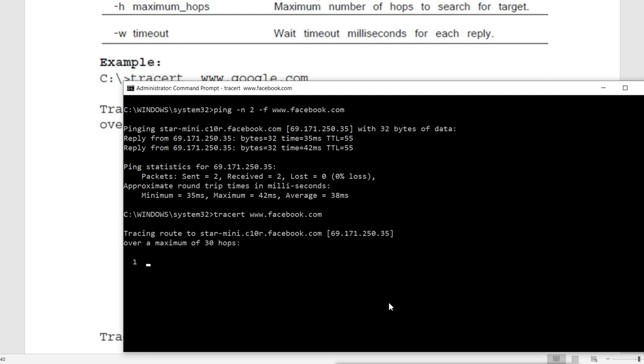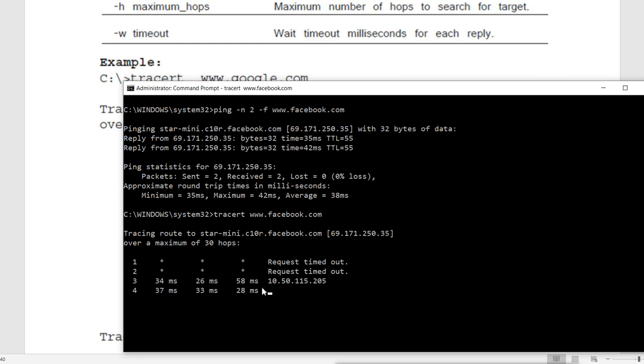So by default it sends 30 hops. It checks the 30 hops. Now see, it is trying to get the first hop. Now when we see these stars, that means it is not passing the router. That means it is not able to pass the router. Now this happens when sometimes our machine is not supporting, or there is a firewall which is not allowing it. So you can see that these packets are dropped.